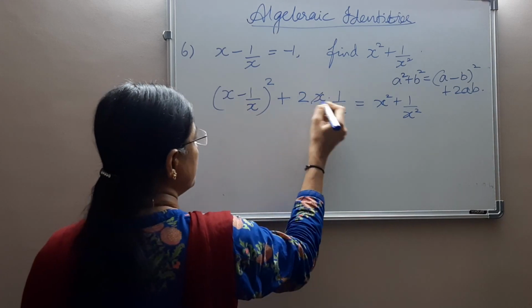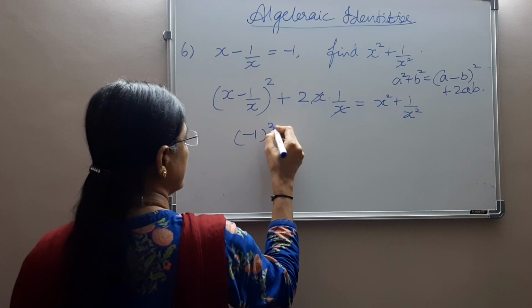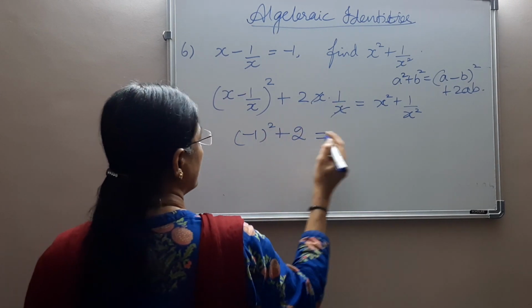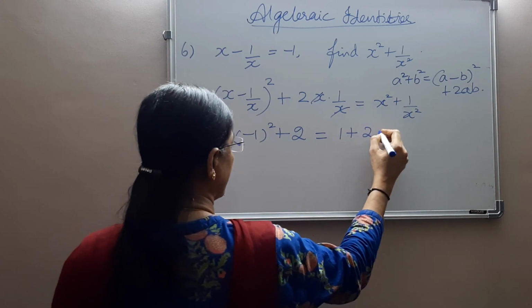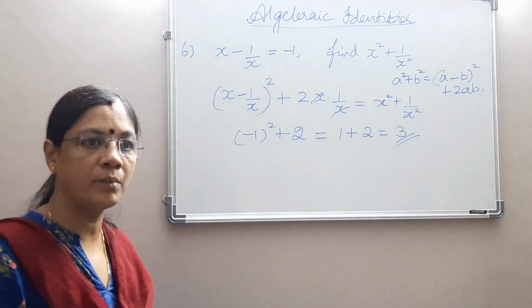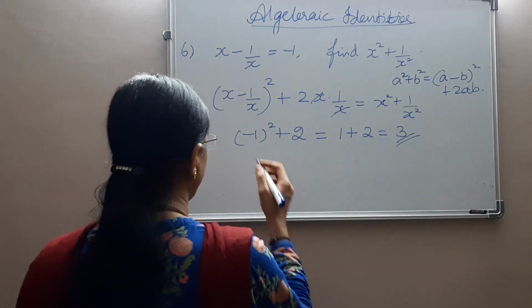Now substitute the value for x minus 1 by x here. That is minus 1. Minus 1 the whole square plus x get cancelled, that is 2. So that is equal to minus 1 the whole square is plus 1 plus 2, which is 3. So 3 is your answer. X squared plus 1 by x squared is nothing but 3. Isn't it? Do you understand this step? Okay. Now let us